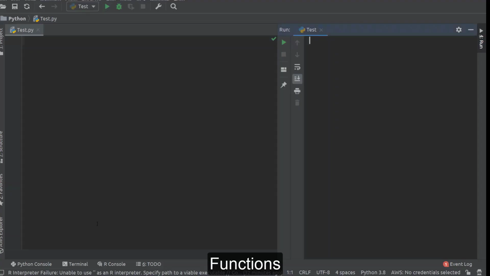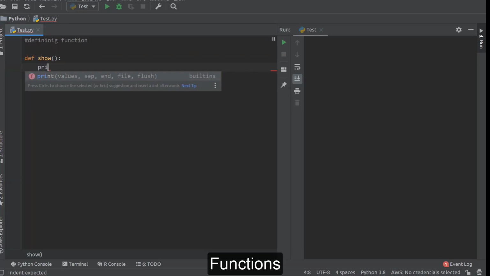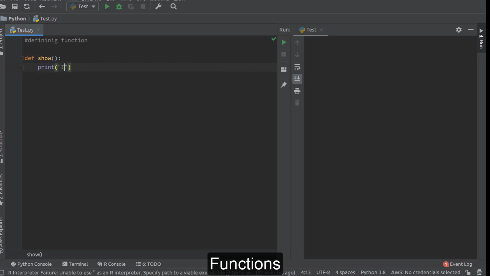Let's check how we can define a function. First, we're defining the function. Here we are writing the function starting with the keyword def. Then this is the name of the function. Then opening and closing parenthesis, then a colon. And now write down statements inside this function.